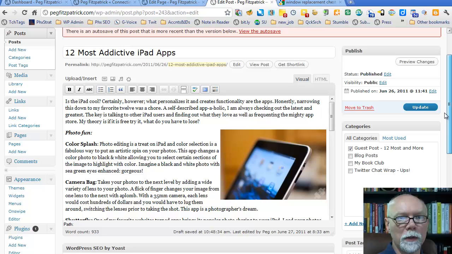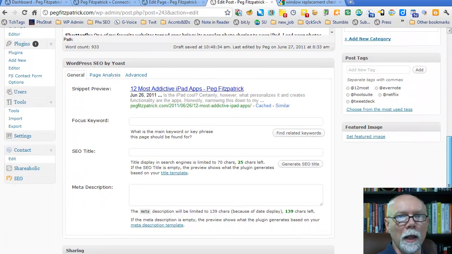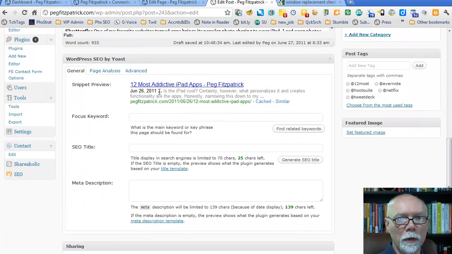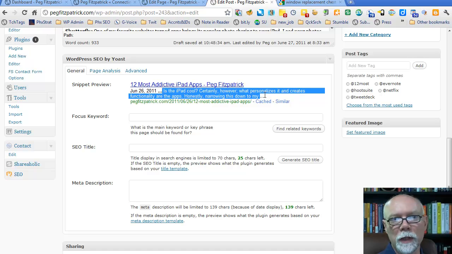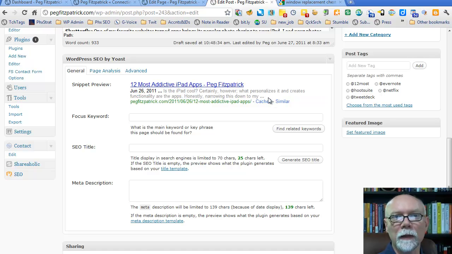Here's your 12 most posts on addictive iPad apps. And again, this is picking up the first sentence and doing the ... at the end of it, because Google's just truncating it. All right, you don't want this. You want to write something different, and if you can write a call to action,